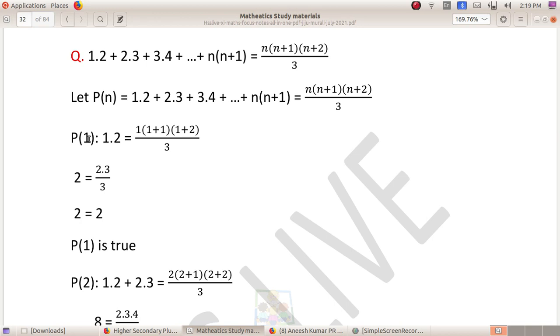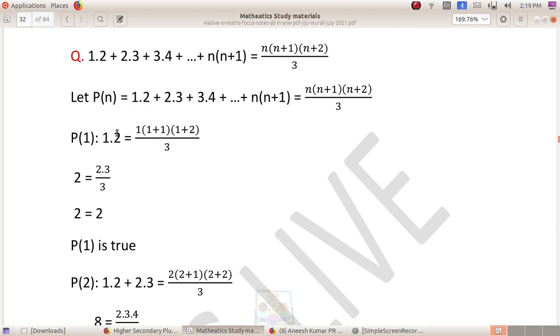So taking n is equal to 1, then what happened? n equal to 1, P of 1. Okay, what do you mean by P of 1? Sum of first element, which means what? 1 into 2 only. This is first. If n is equal to 1, you select this only. If n is equal to 2, you select this and this. If n is equal to 3, this, like that. Okay. If n is equal to 1, what about the answer?